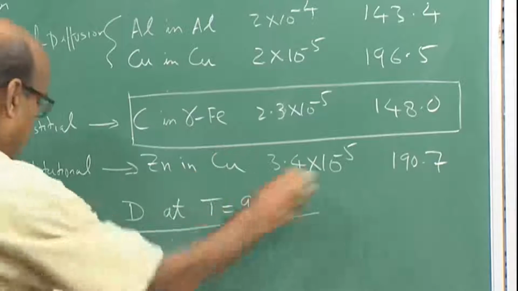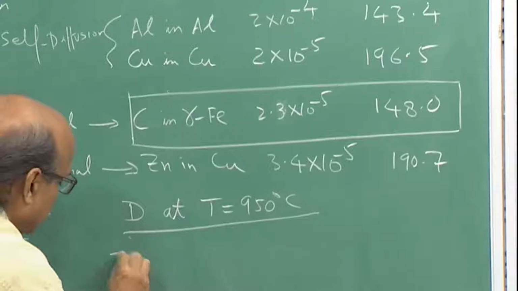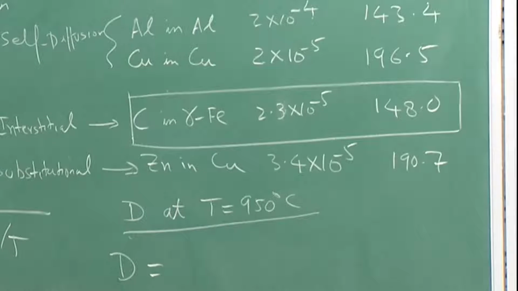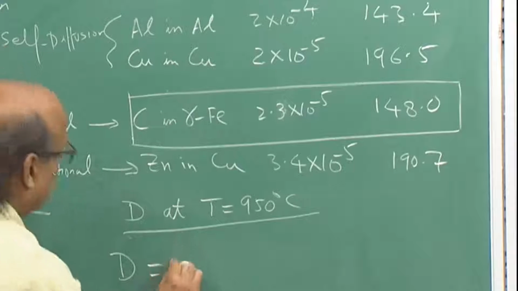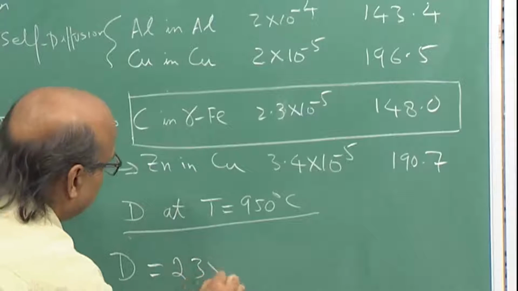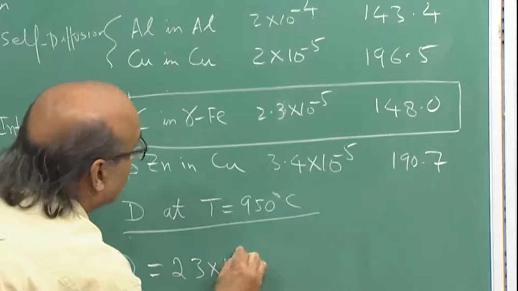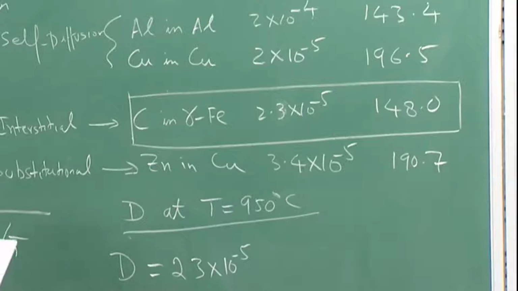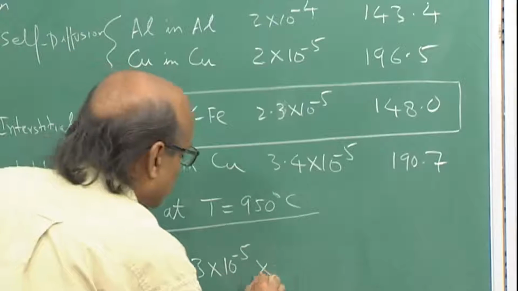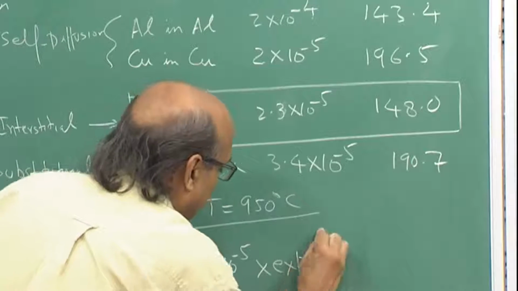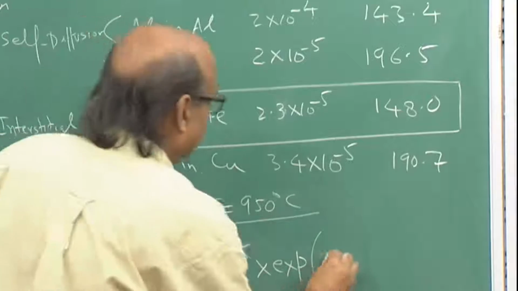Well, D is equal to D0 e to power minus Q by RT. So, D0 is 2.3 into 10 to power minus 5 times exponential minus